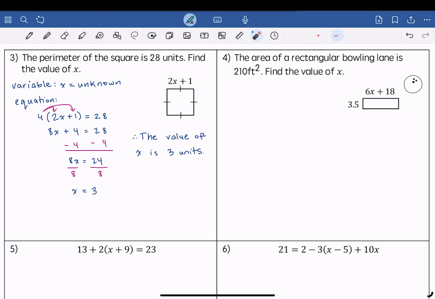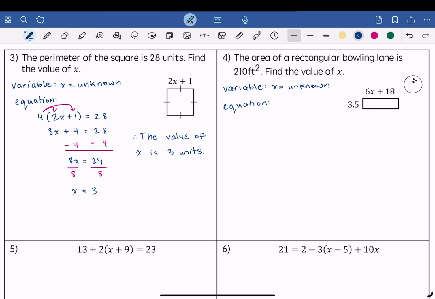The area of a rectangular bowling lane is 210 square feet. Find the value of x. So the variable we need to find is x, which is the unknown. Now the equation,